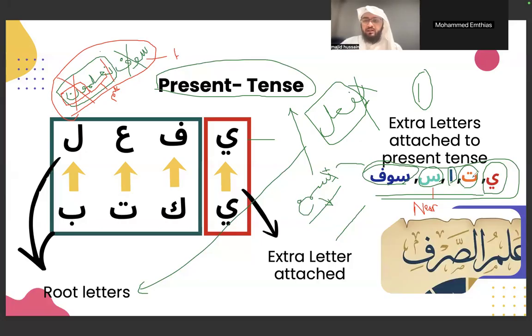And the rest of the ya, ta, and alif keep changing and come to represent the meaning of present tense. I have also uploaded this